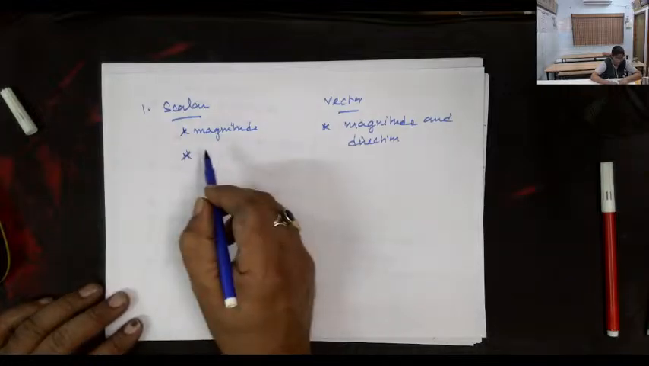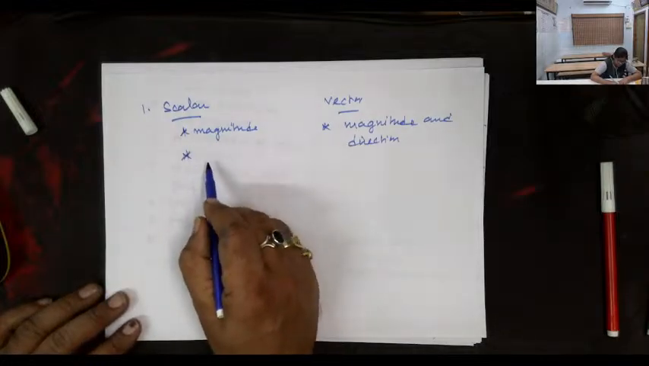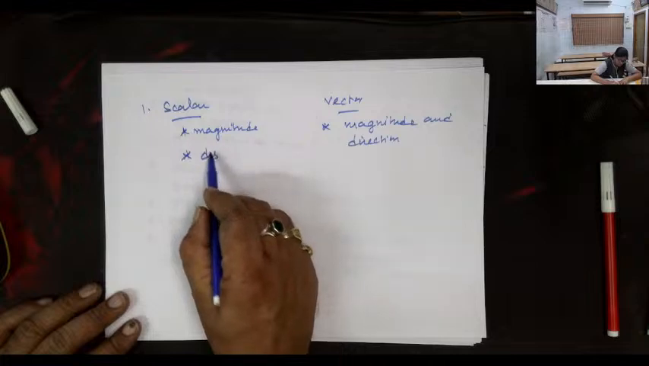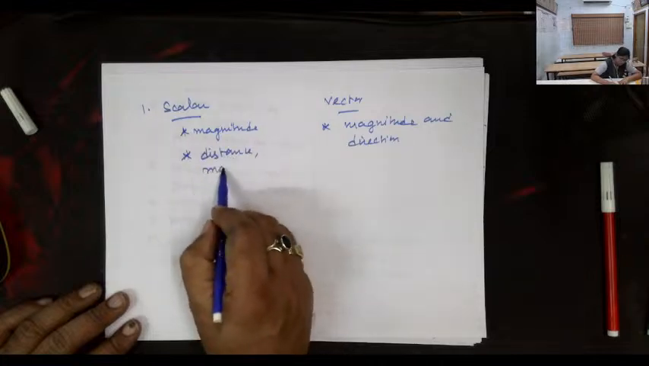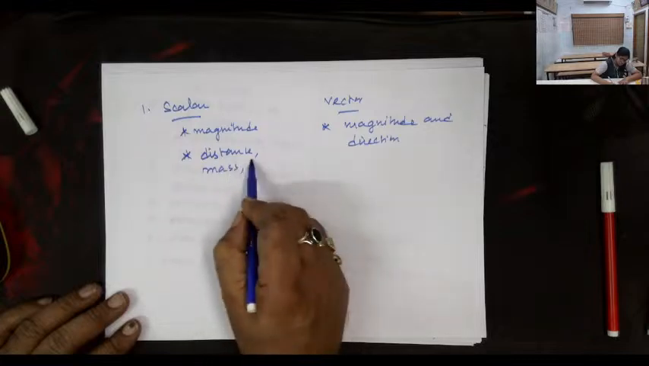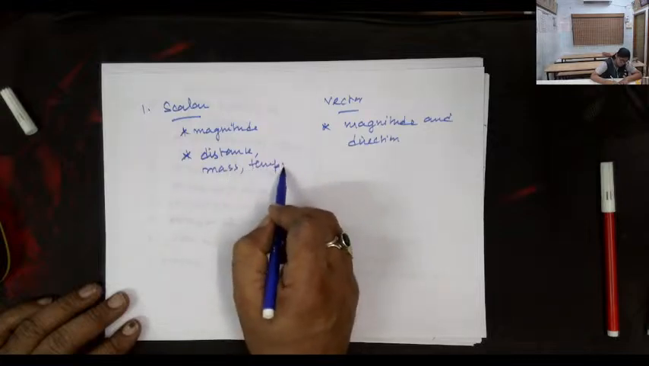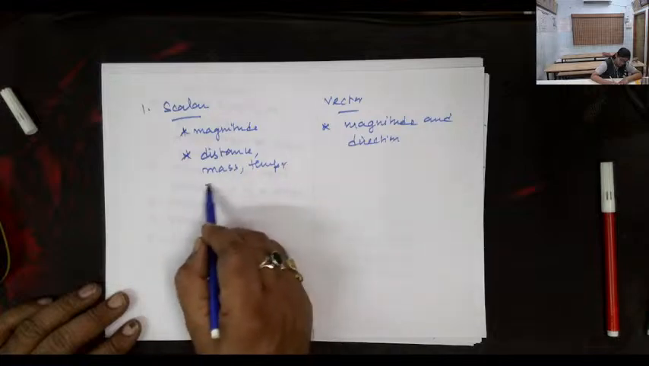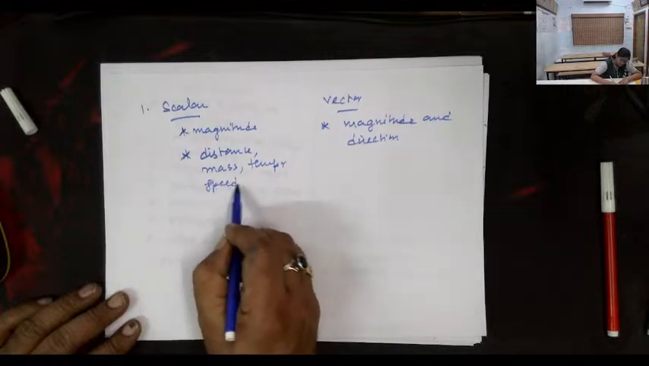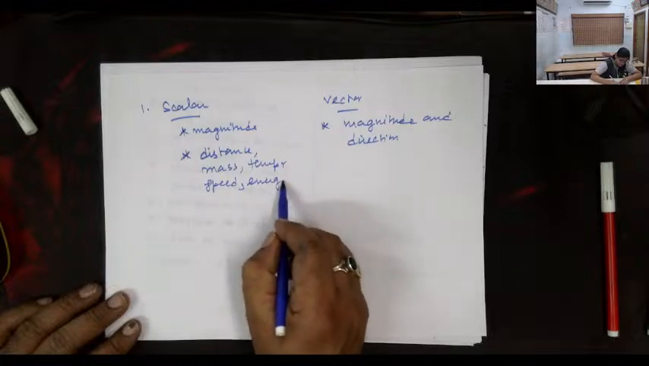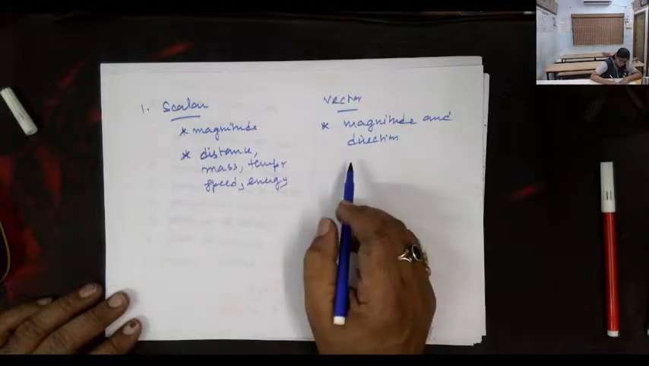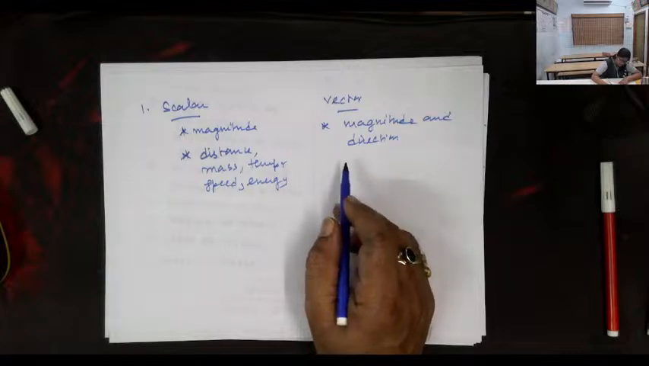Examples for scalar quantity: distance, mass, temperature, speed, energy. So these quantities have only magnitude,